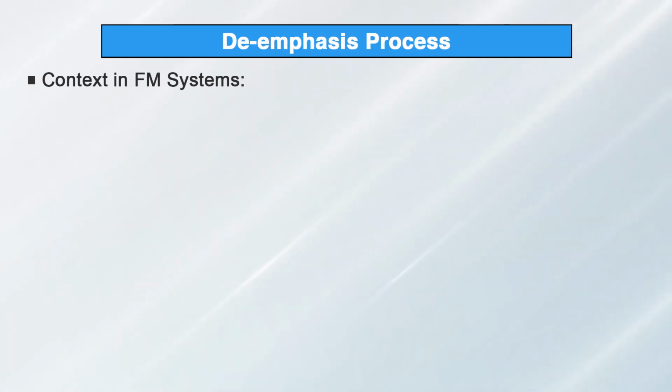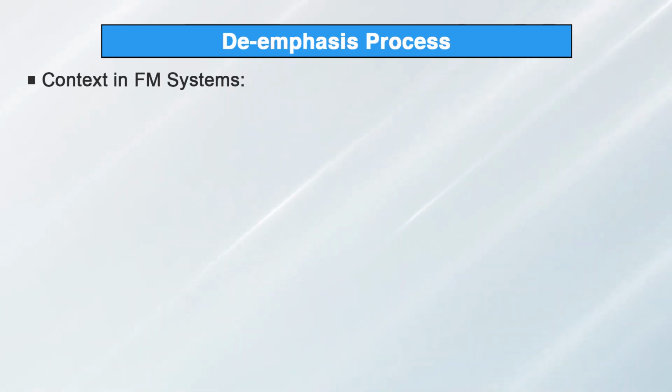In audio recording and production, pre-emphasis is sometimes used during the mastering process to prepare audio tracks for distribution. By boosting the high frequencies before transmission or storage, it helps in preserving the dynamic range and details of recorded audio, ensuring a more natural and balanced sound for the listener. So, this is all about the applications across different domains. Now, it is time to move to the next section of this lecture, the de-emphasis process.